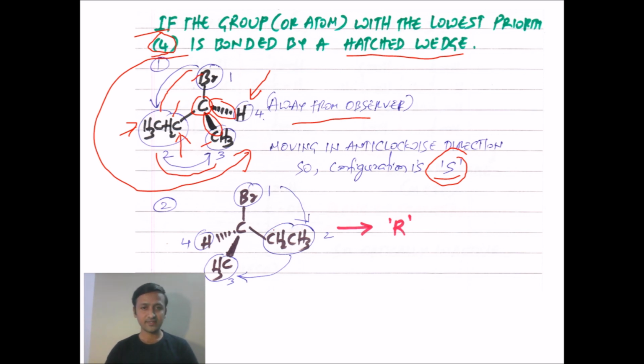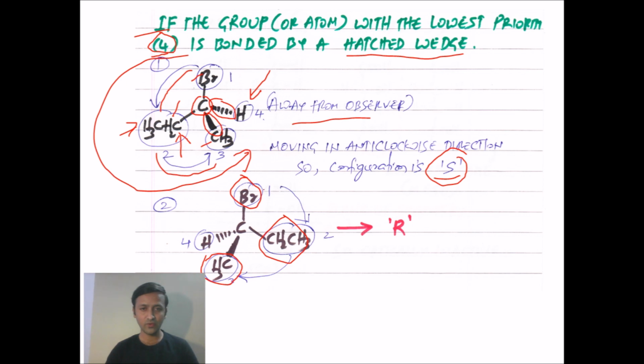Okay, second example here, you can see I have taken the mirror image of the first example. Okay, just to see the molecule now. First one, again bromine gets higher priority, right? Then ethyl gets second priority and methyl gets third one, and hydrogen, okay, being fourth or the lowest priority group. And you can see again it's H to H, right? So it's already away from the observer. There's no need to change anything, right?